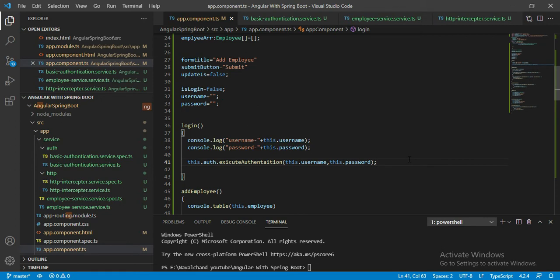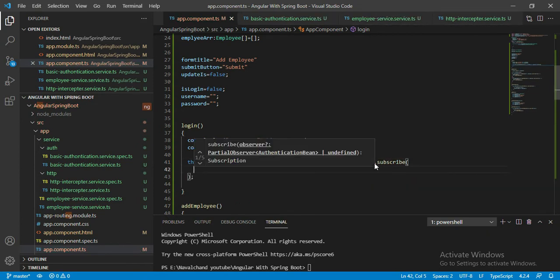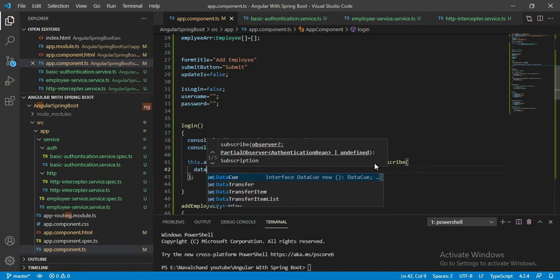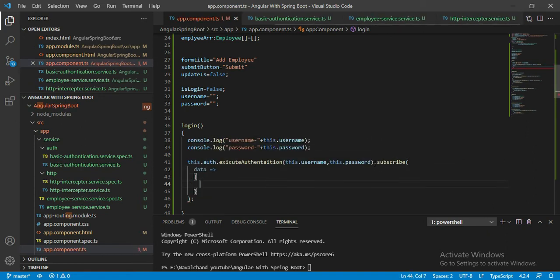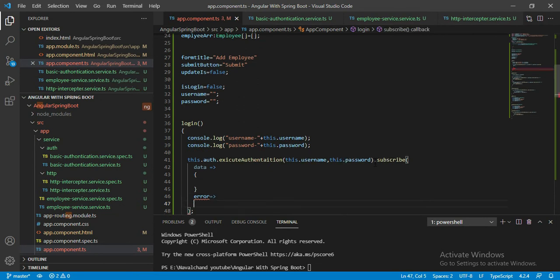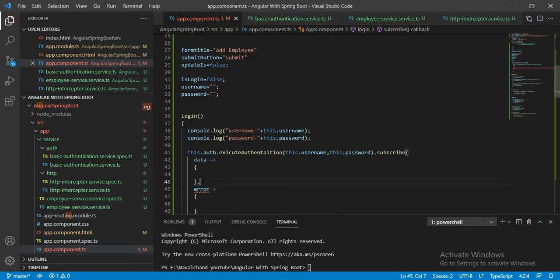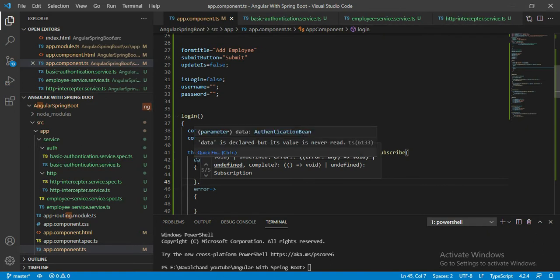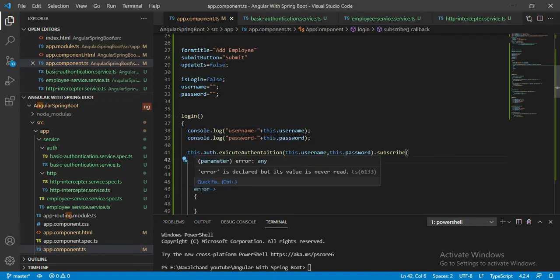Now here we have to add a subscribe. Here we have to subscribe to this method. I'll simply subscribe, and here I'll add data as an arrow function. If the user is authenticated and logs in successfully, then call this data block, otherwise call this error block.